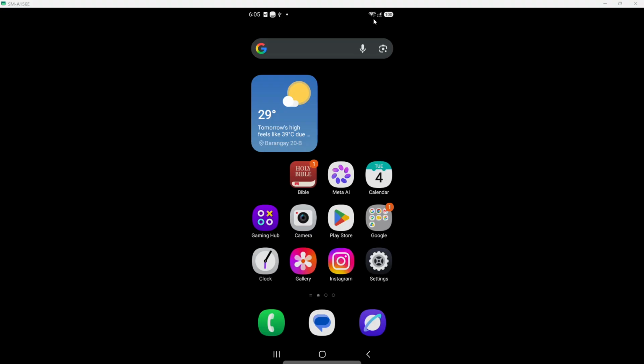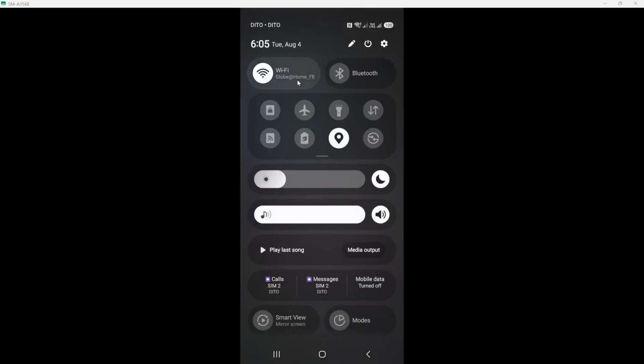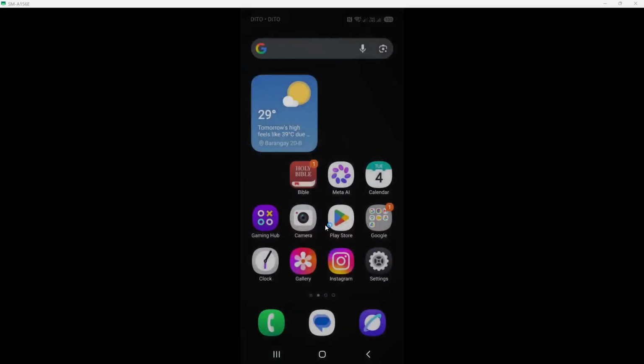First, check your internet connection. The Bible audio usually streams from the internet, so it needs a steady connection. Turn on Wi-Fi or mobile data on your device. After you switch it on, give it a few seconds until you see the Wi-Fi or mobile data symbol at the top of your screen. A quick tip here, even 1 bar of connection can be enough for audio, but stronger signal means smoother playback.